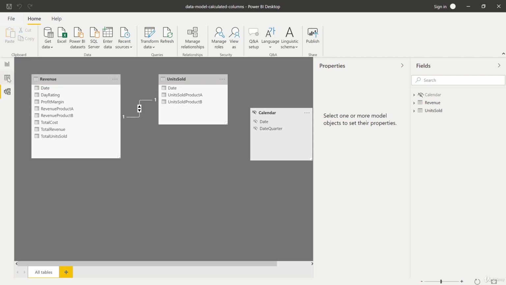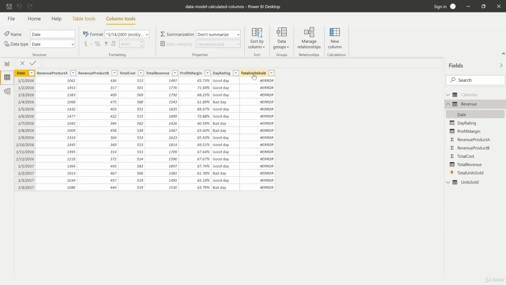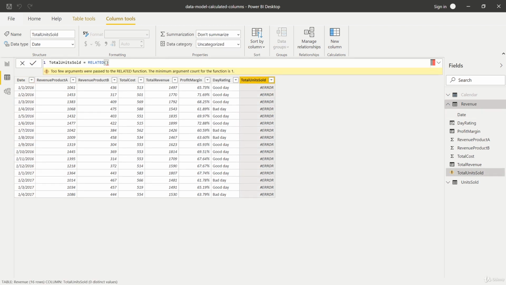And therefore, if we go back to the data view, now select our total units sold, and now try again our related formula, you suddenly see that we now have the option to access our units sold for the products. So units sold product A and product B. So let's select product A right here. Now, very important, we see that we have to use the table reference without the quotation marks due to our naming convention.